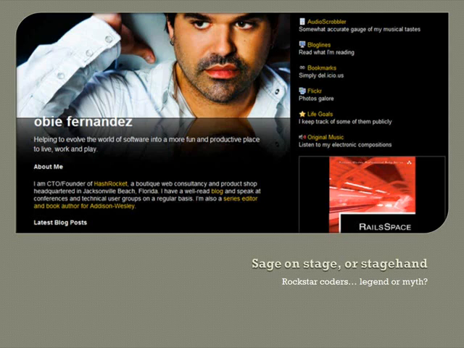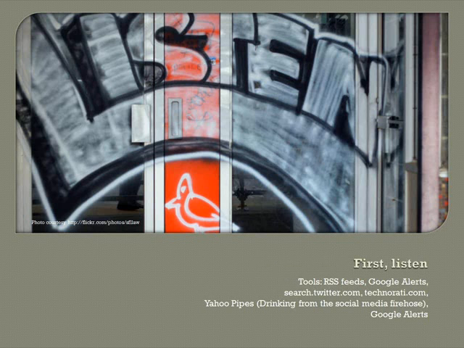So the two models that I talk about, and this is in my book as well, are the instigator and enabler. An instigator may actually be more willing to take on a rock star role and go out and provoke people into talking about the things. But an enabler is someone who may just provide content and provide